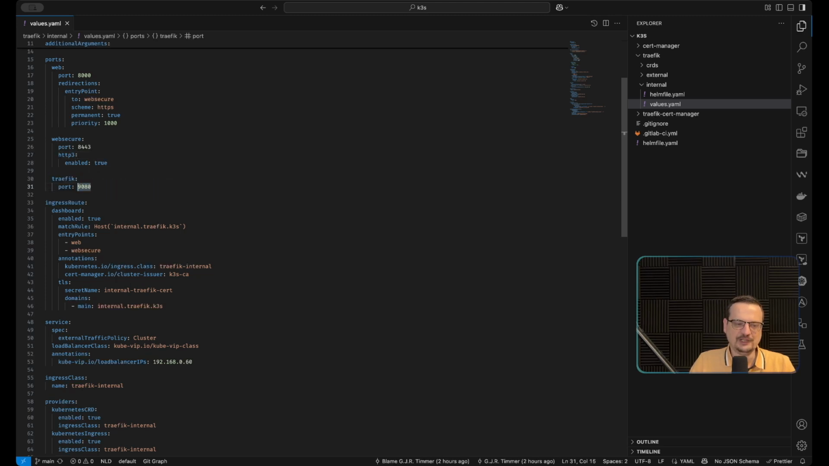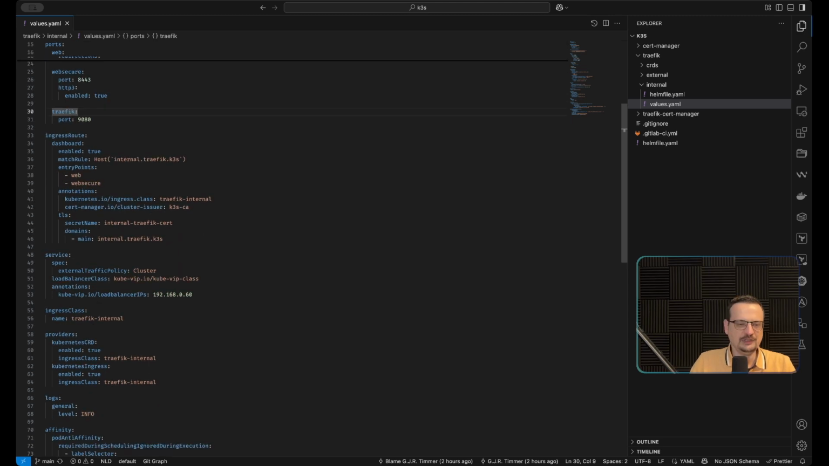Then we're having traefik. So this is the API of traefik itself. It's also where the dashboard runs. Now we're getting into the first special part, which is the ingress route. So the dashboard, yes, we definitely want the dashboard enabled. And we're gonna run the dashboard at